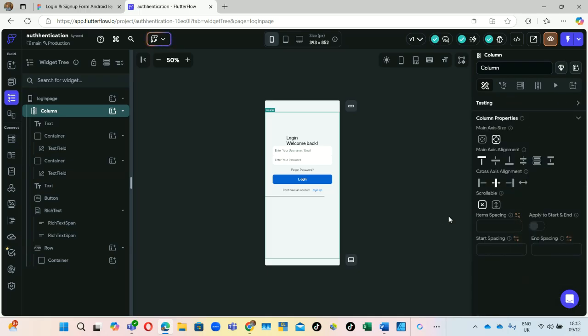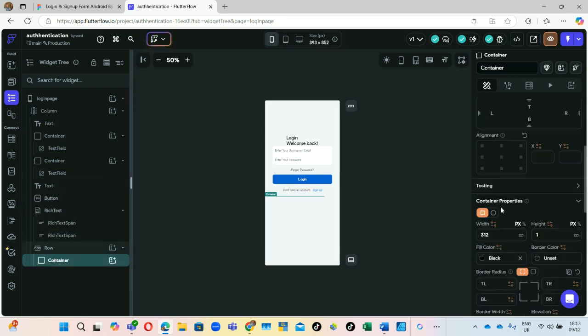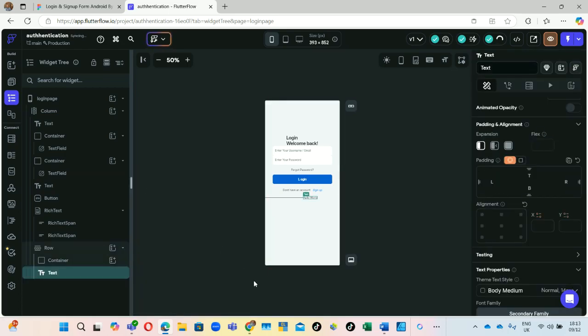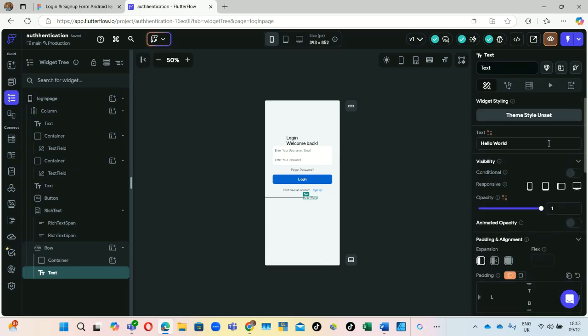Okay. Inside this row we are going to add the text that says "or". So what you do, you come here and say "or",